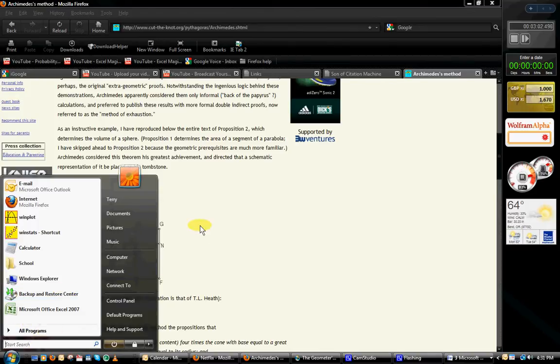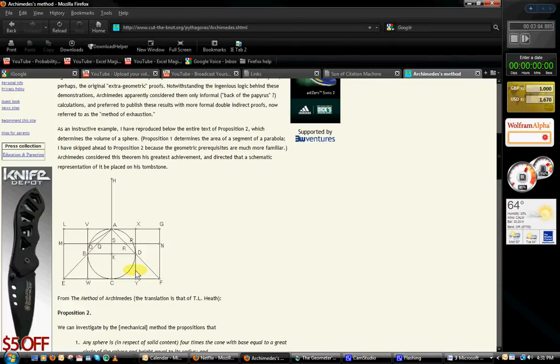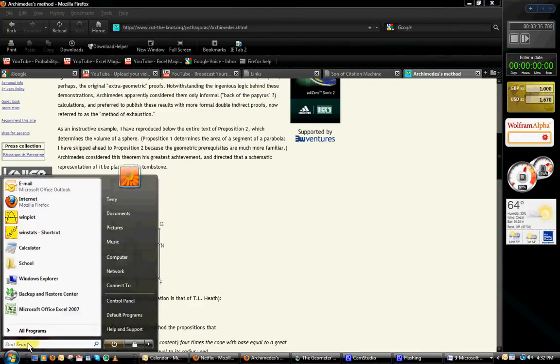For instance, in this case, if you wanted to use this proof, which relies on this object for some of its proposition statements, basically what you can do is you could probably copy the image, granted, but that's not available to you in all cases. So in the event that it isn't, you can simply hit your start button